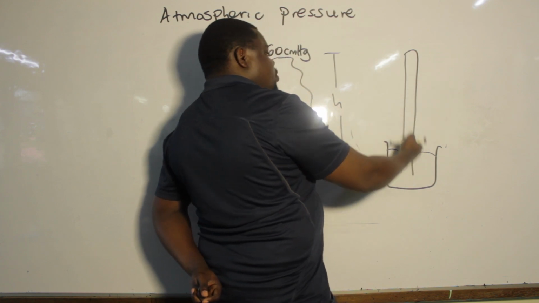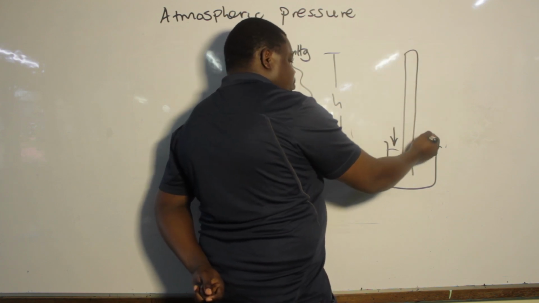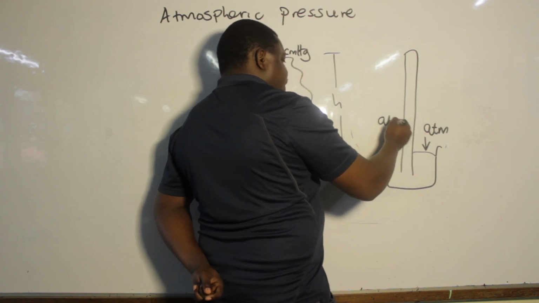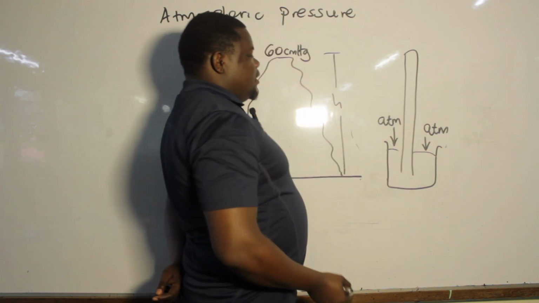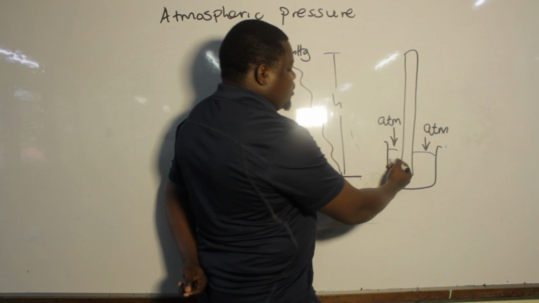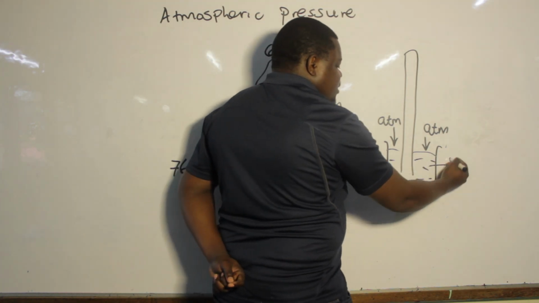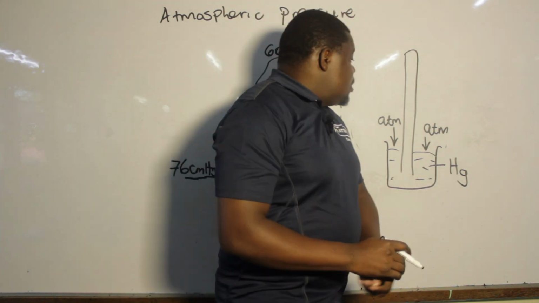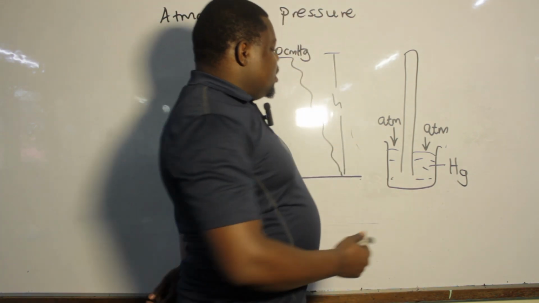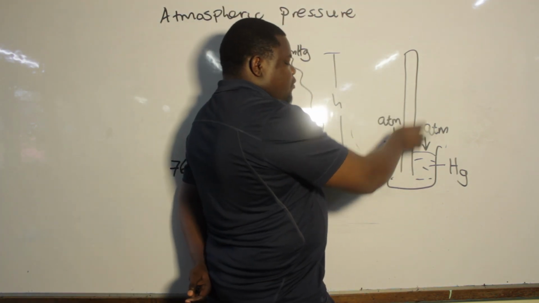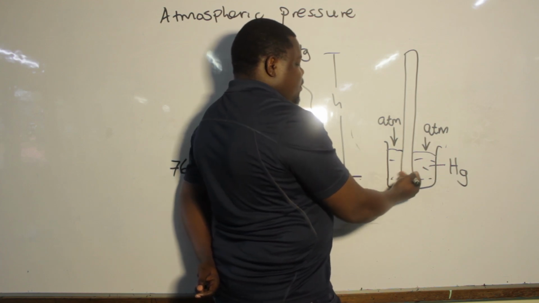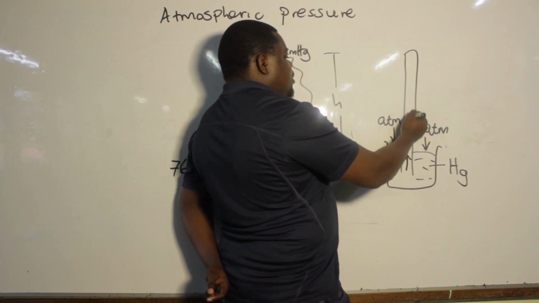So mercury is going to rise up the tube because of this pressure exerted on the top surface of the liquid. So this is mercury. Mercury is denoted as Hg. This is the short form, or the symbol, of mercury. So due to this weight of air acting on the surface of the mercury, it forces it up this tube